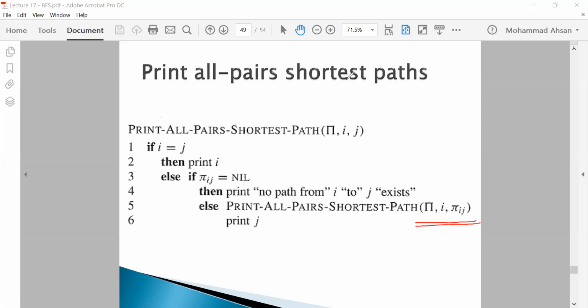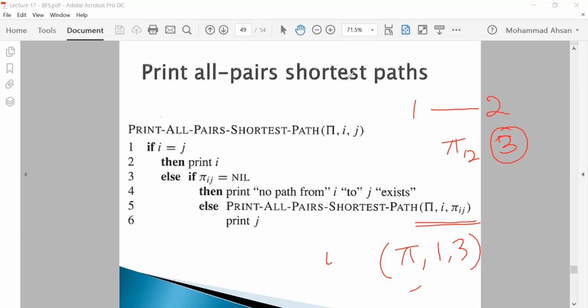We had to find 1 to 2. Pi of 1 2 was 3. That means we have to call shortest path of 1 to 3 now. And for 1 to 3 we found 4. Pi of 1 3 was 4. Then we would call pi of 1 4. Pi of 1 4 was 5. We would call pi of 1 5, and that is 1. Pi of 1 1